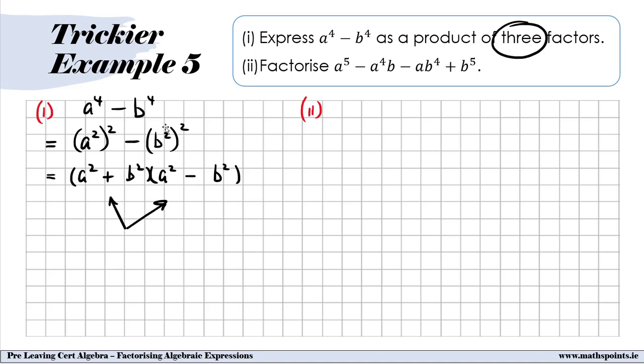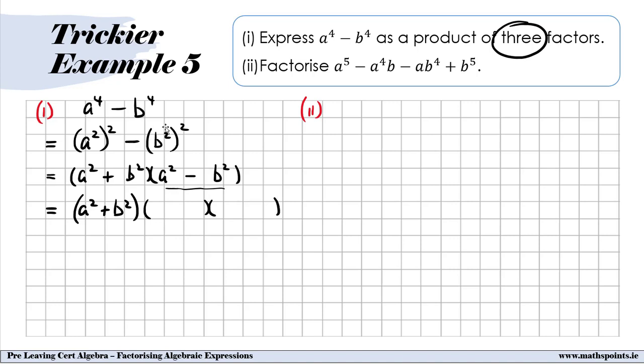So the question is, how will I get a third factor out of this? You might spot that the second bracket has an a squared minus b squared, and a squared minus b squared can be further factorized using the difference of two squares. So I'm going to take the a squared minus b squared, and I'm going to perform factorization using two further